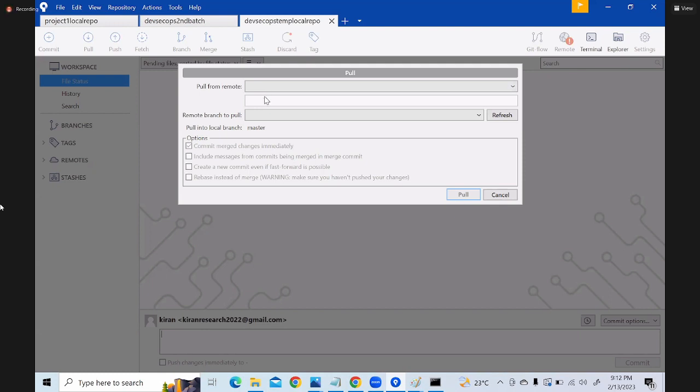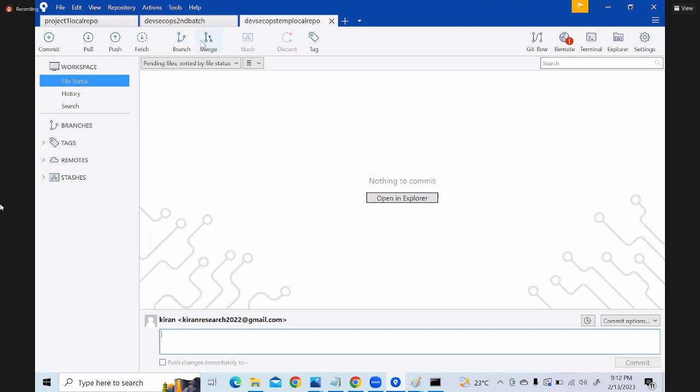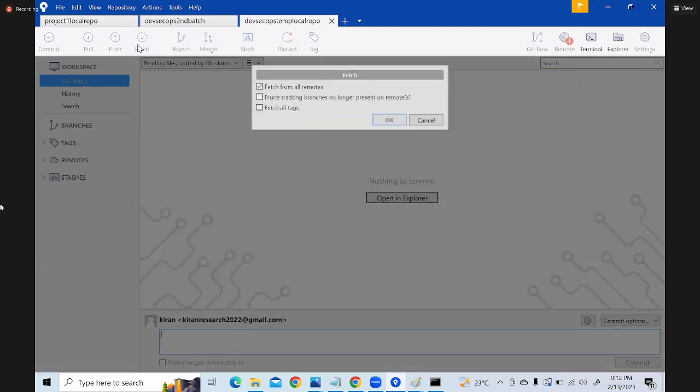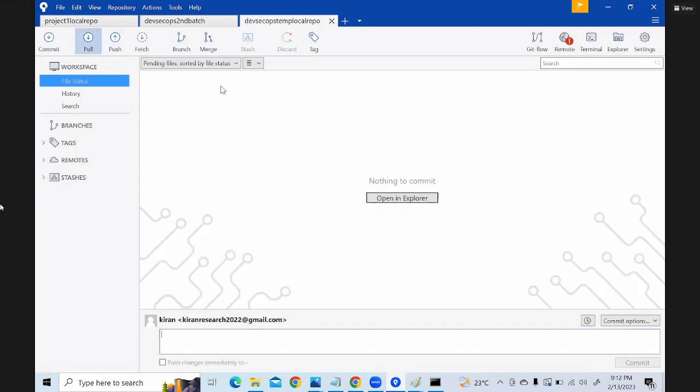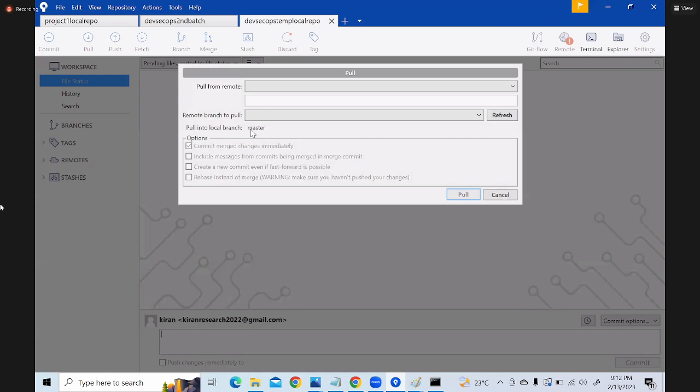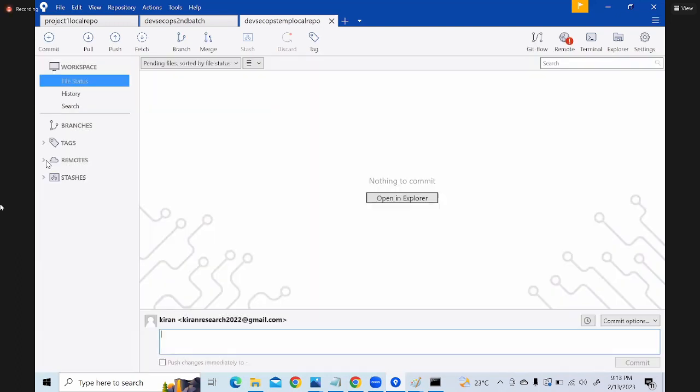Just one minute. I can use pull here. Pull from remote. I don't know why this drop down is not working. What I'll do here, I'll just say